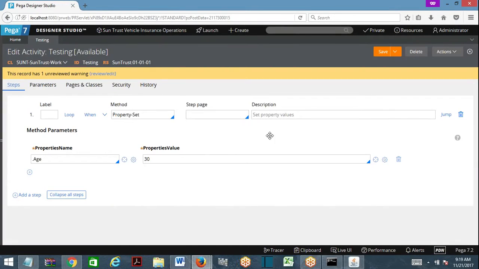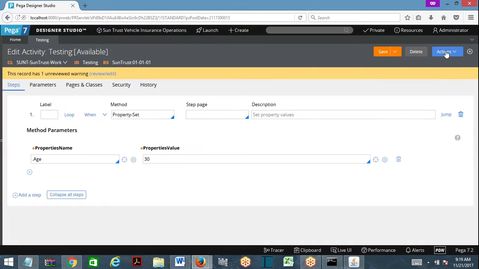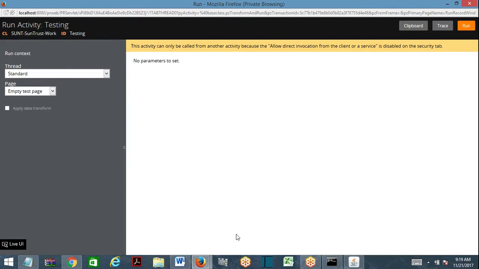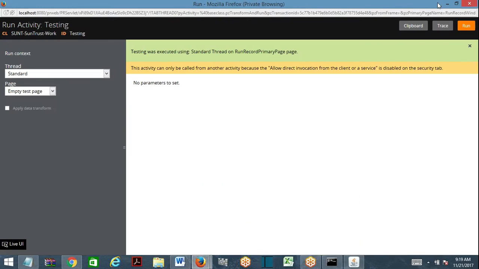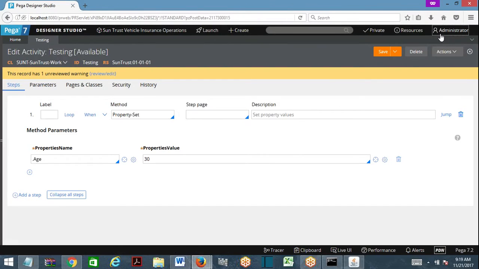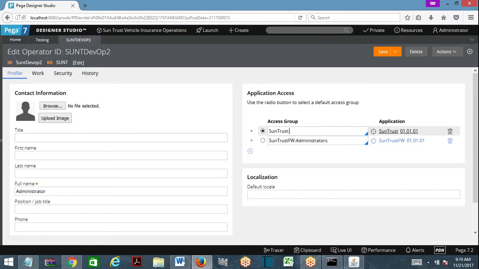Save this. And now I am going to choose to execute this. Execute primary, actually it is updating. Hang on. Operator. Change this. What is the access group? This I have not changed. For this operator, I would have changed this.